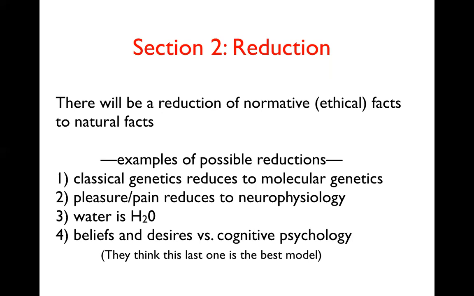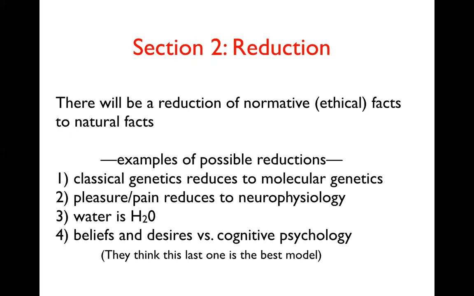Here's a suggestion by JJC Smart. Maybe pleasure and pain and other kinds of neural activities actually reduce to neural physiology. There's nothing more going on than neurons firing back and forth. Maybe water is H2O. So yes, we know a lot about liquids, and Newton understood liquid very well, lots of properties of water. But what's really going on is chemistry, which he didn't know about. So there's this kind of deeper explanation. The chemistry of H2O explains why water has the properties that it does, but not the other way around. So the reduction is kind of in one direction.